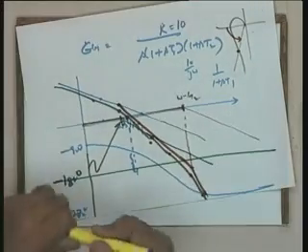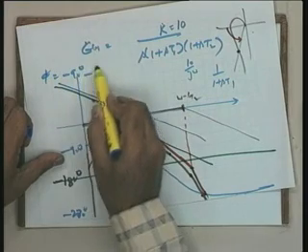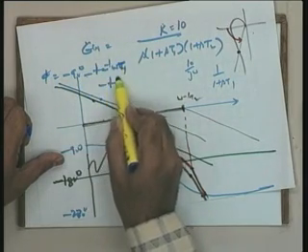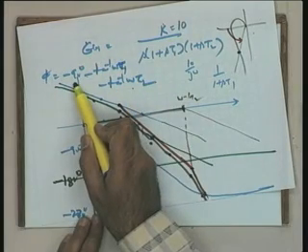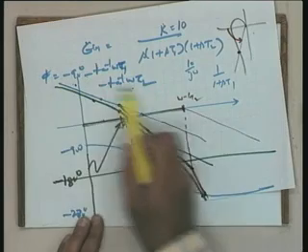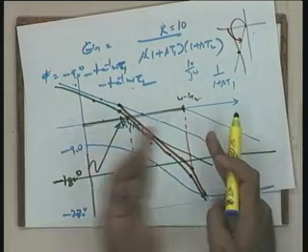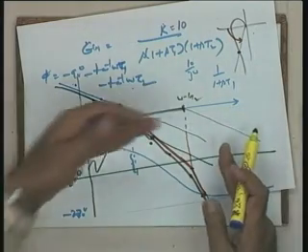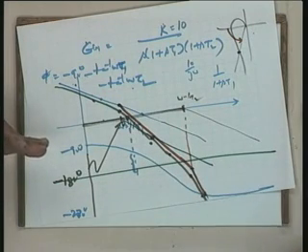The phase plot in this particular case: phase angle phi is minus 90 degrees minus tangent inverse omega tau 1 minus tangent inverse omega tau 2. Let omega go to 0, it is minus 90 degrees. Let omega go to infinity, it is minus 270 degrees. So I have an entire range of frequencies. In the lower range of frequencies it becomes tangential to the minus 90 line, since I don't have omega equal to 0, and in the higher frequency range it becomes tangential to the minus 270 degrees line.